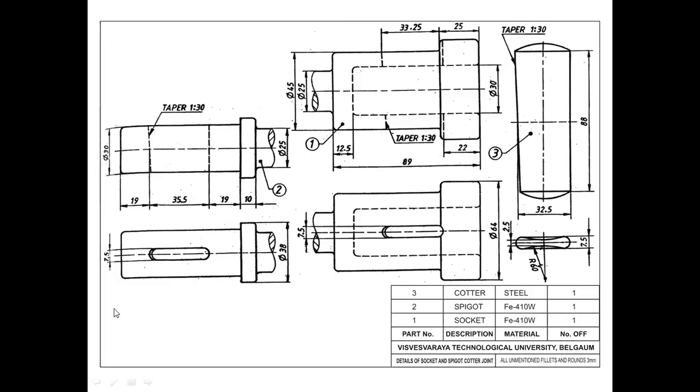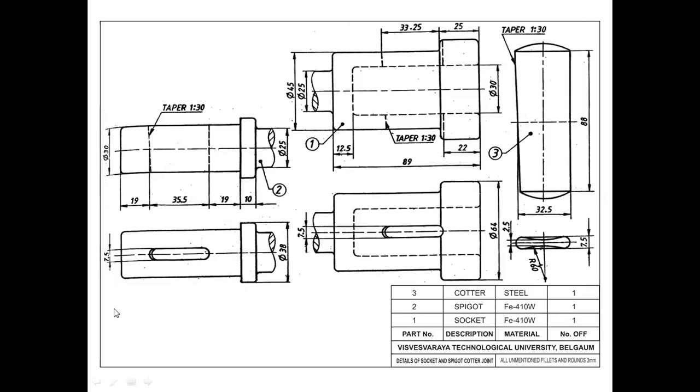Here also you'll be having three parts. One is the socket, another one is the spigot, and another one is the cotter. And we have learned how to join them in the previous session. And after that, we have learned how to save it with this section. Then after that,